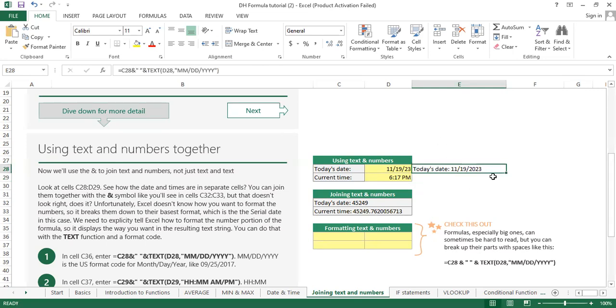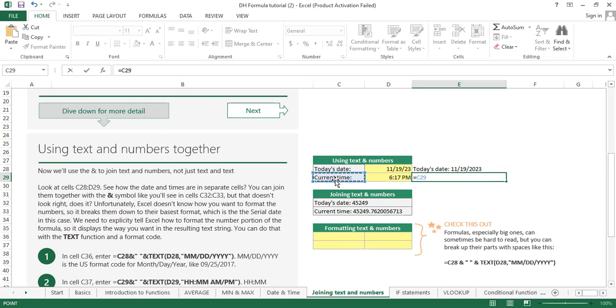And we can do the same thing for time, but this time the format will change. So it will be "Current time" in double quotes, a space, and then we have the time, but this time we're going to have TEXT, open bracket, what is the value? D29, which is the cell we're trying to reference, comma, the format type is,